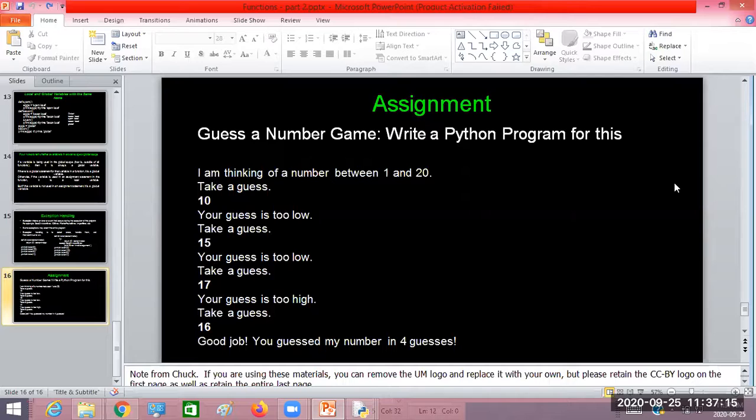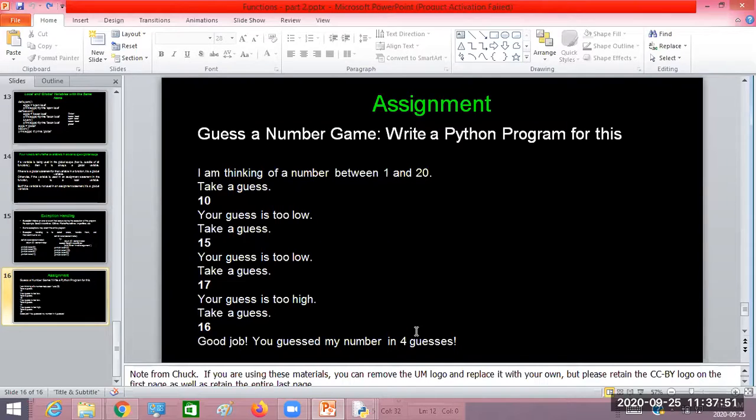Exactly, we are doing the same. So now the system is one player, and we, as a user, are another player. The system has guessed some number between 1 and 20. So it is having some number with it. Now as a user, we have to guess some number. If that number matches with the system's guess number, then we have to say, yes, good job, you have guessed my number.